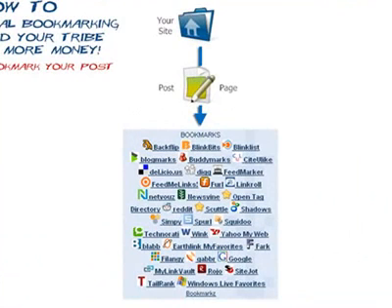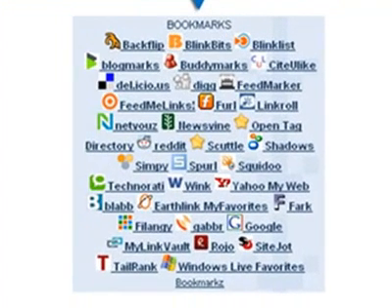You take your post that's created on your site. It can be a page, but for this example, we're just going to use a post from your blog. And you're going to go to the various social bookmarking sites. They look a little small here in the video, a little tough to write it down real quick, but there